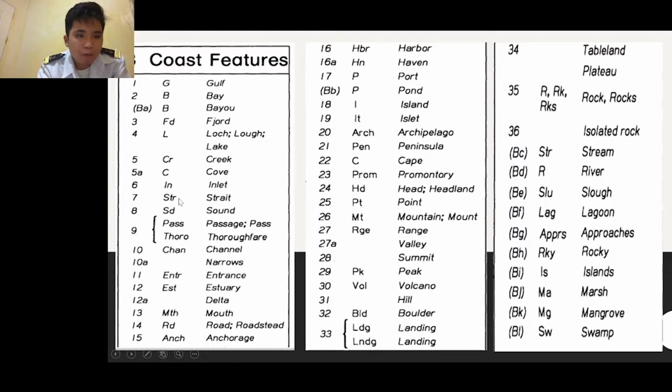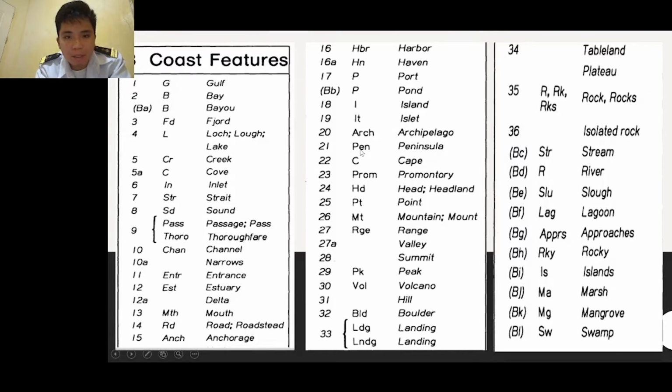So we have examples of straits such as Singapore Strait. SD sound, pass, passage or pass, thoroughfare, CHAN channel, English Channel as an example for that, narrows, ENTR entrance, EST is not a state, it is estuary. Then we have the delta, MTH it is mouth, RD for road or roadstead, ANCH anchorage, HBR meaning harbor, HN haven, P for port or P for pond, I island, IT islet,